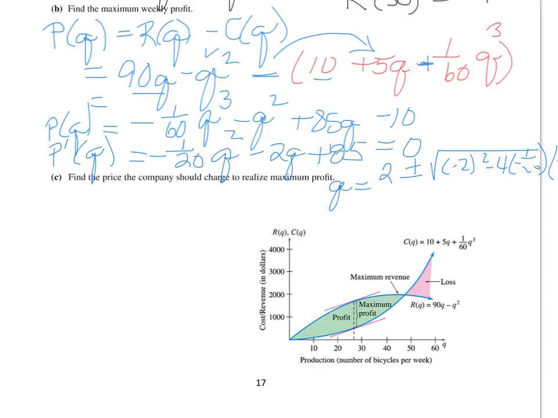And I don't quite have enough room to get that all on there, but you do have your quadratic formula elsewhere, so please just fill in your quadratic formula and find out that